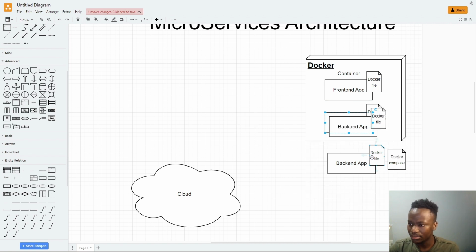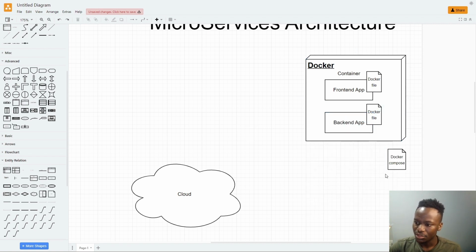So let's go back. Since we have two containers within this application, we need to instruct Docker on how to run both of them. This Docker file contains instructions on how to run a single service. So now we create a Docker Compose file, which has instructions on how to run both containers, if it makes sense. I hope it does. So you're going to have something like this,